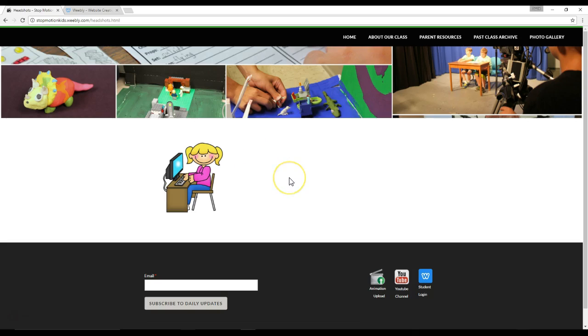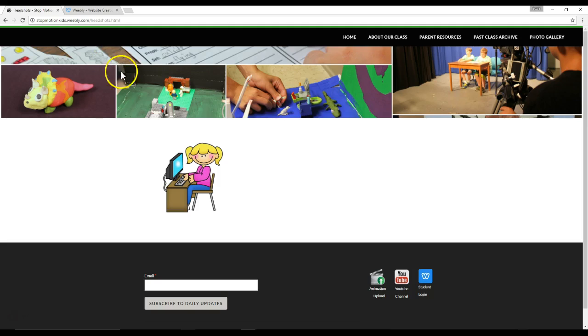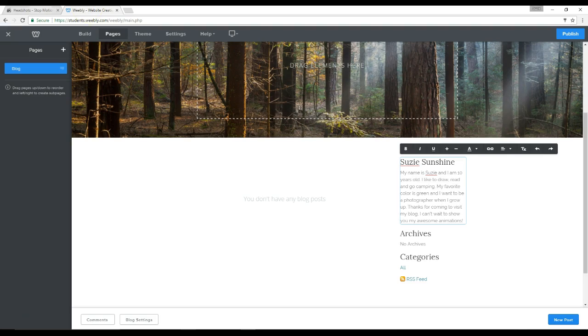And I think that the easiest way for you to add this photo onto your page is to do a right click so that you get this whole menu. And we're going to scroll down and we're going to say copy image address. So copy the image address. Okay, and you don't see anything, but it's copied. And then you're going to come back to your Weebly site. So we just clicked back and forth